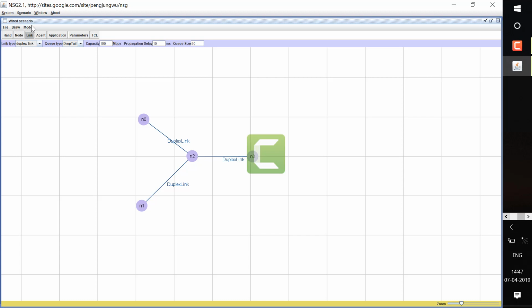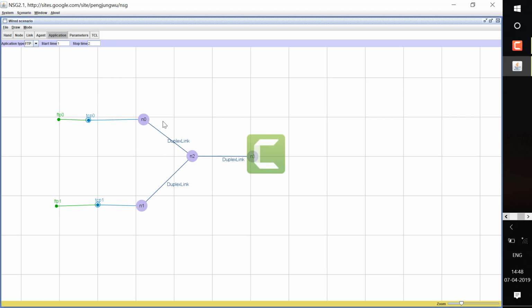Now once the links are created, let's connect an agent. Here we are using TCP. This TCP connection is used to make a node a source. Then, once TCP is connected, since we want to make the node a source, we need to connect FTP to that. Here also you need to connect FTP.